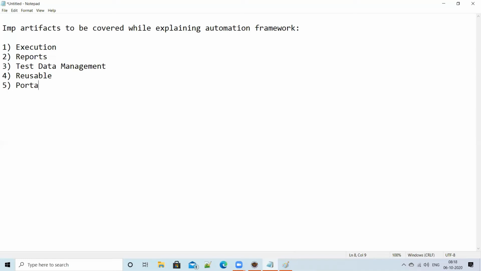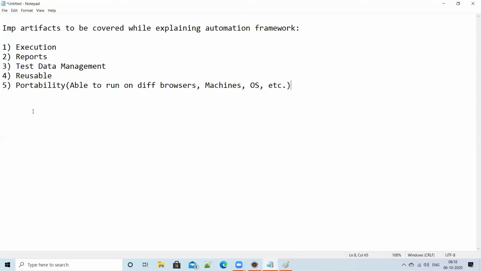Next, portability. So just make sure it is able to run on different browsers, machines, OS, etc. So this framework, not only on my machine, even on your machine also it should work.